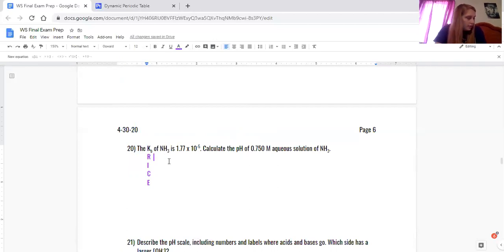Okay, so we're going to have a reaction. So NH3 plus water, but we don't have to write that because it's not going to be important in this. And that's going to get NH4